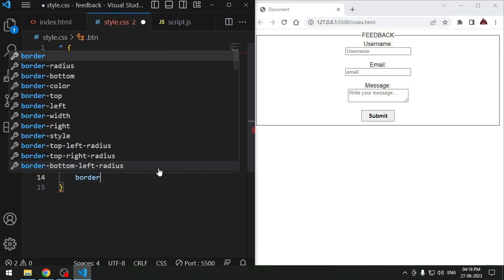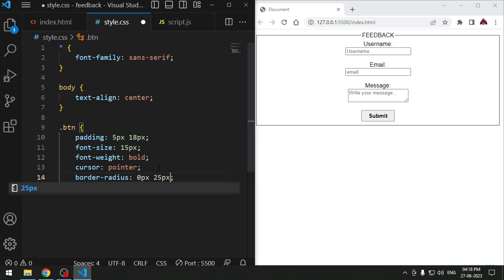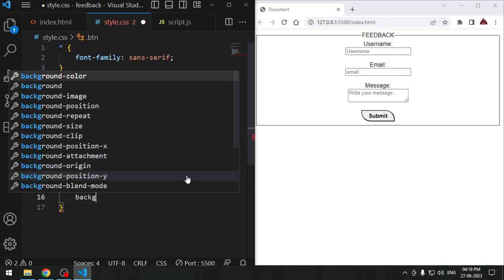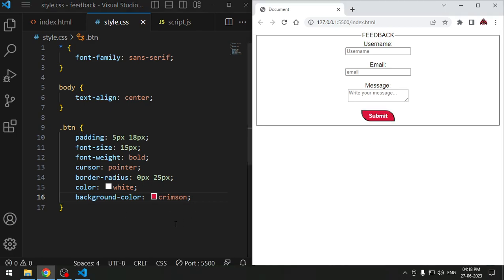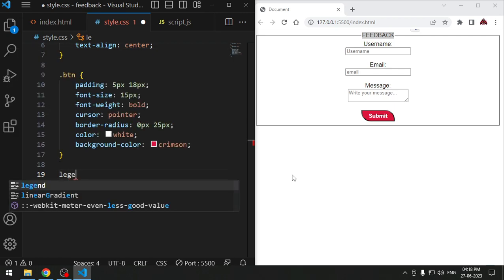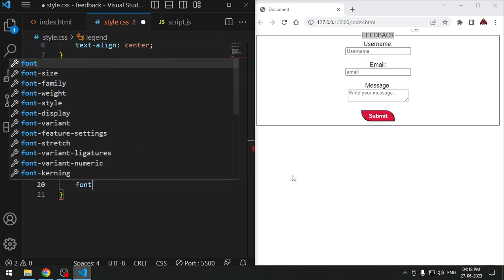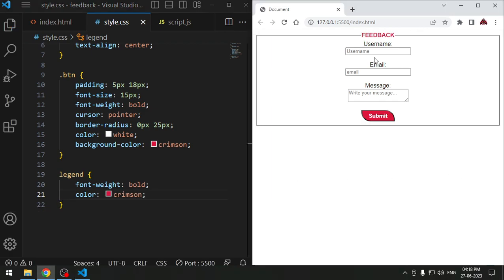Then border radius, make it some styling, so 0 pixels and 25 pixels. Yeah, looking nice. And color, let's give it white, and background color to be crimson. Good. Now let's change this as well. So for that, legend font weight to be bold, and color to be crimson. Okay,